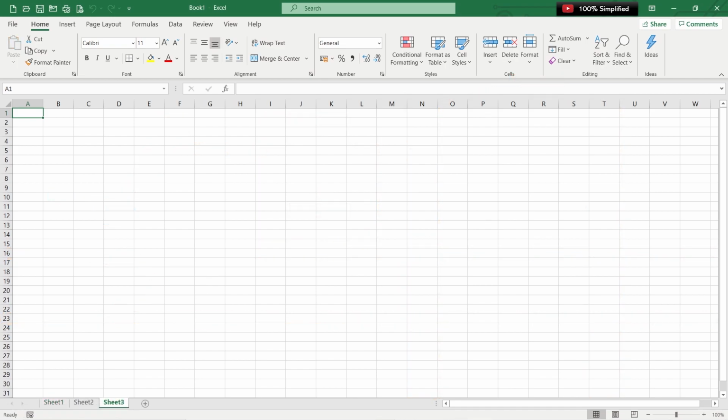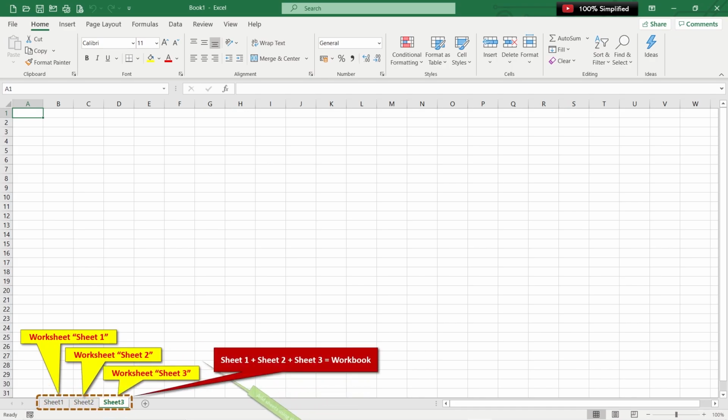Now to quickly end the spreadsheet section, the last part to be covered is the sheets part, that you can add n number of sheets in an Excel workbook. If you see below, there is a small plus sign with a circle around it. As soon as you click on that, a new sheet gets added. So please remember, every spreadsheet here forms a worksheet, and n number of worksheets, let's say sheet 1 plus sheet 2 plus sheet 3, will form a workbook.